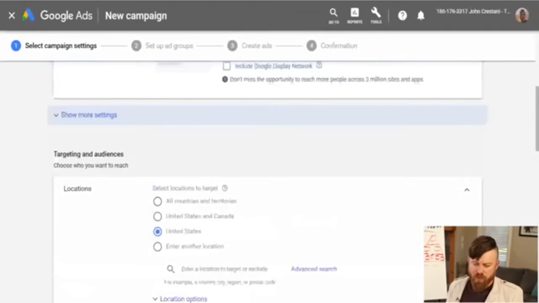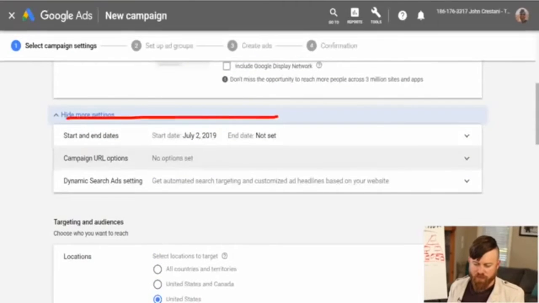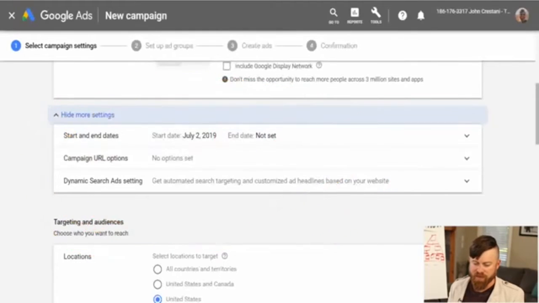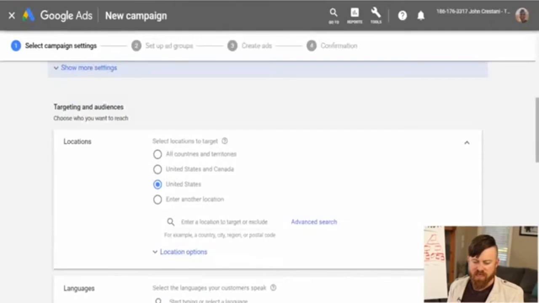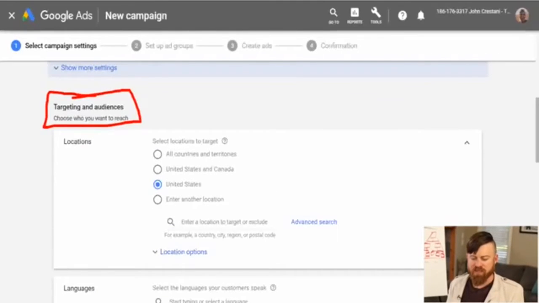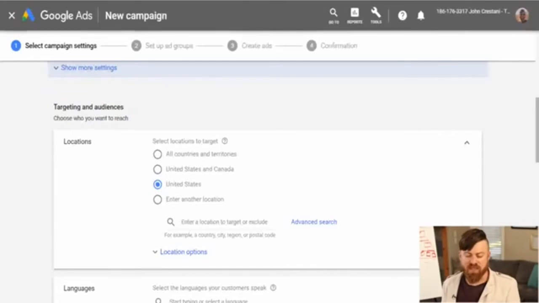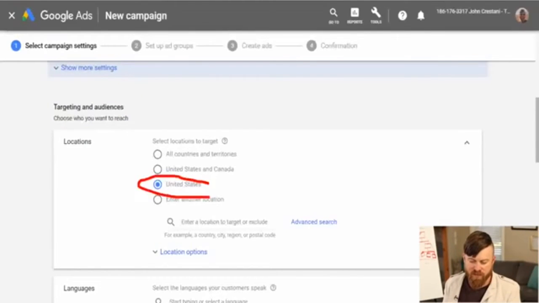Okay, so now we're going to scroll down here. There's nothing that we really care about to set here. If you need to set an end date, you can set it right there, but don't worry about these settings. Next, we're going to go to targeting and audiences, and this is where we set where we want to advertise to. In this case, I'm going to set the ads to go to United States, so this targeting is fine,